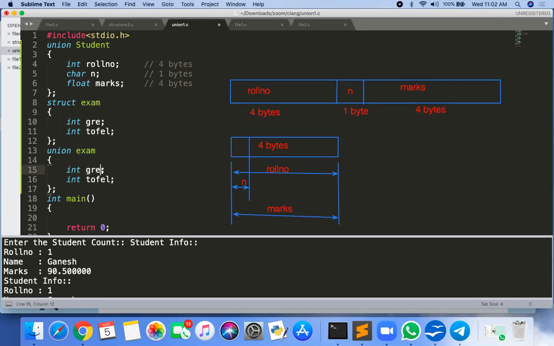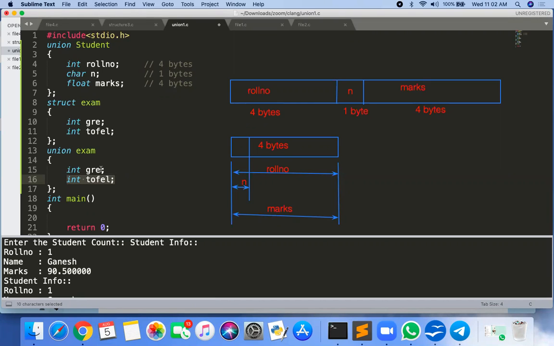Getting? If I store the GRE marks, then TOEFL I have not appeared for, so no need to store TOEFL marks. Of the two examinations, I'm only going to store one. So at that time I can use the union method. Getting? Yes, sir.